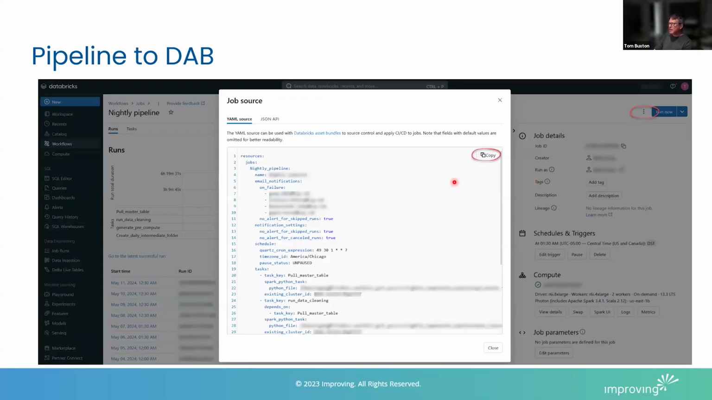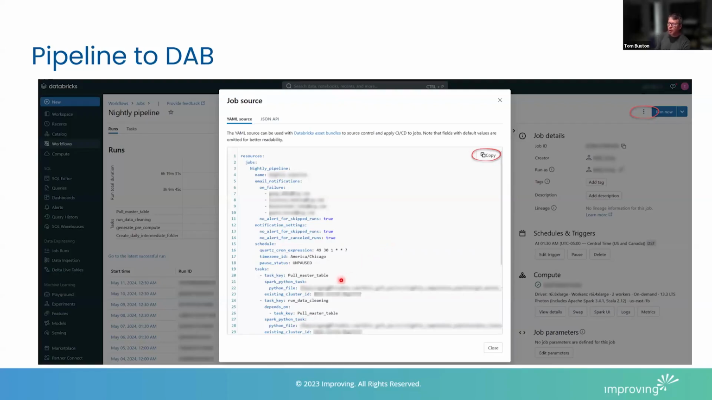Lastly, that all sounds really complicated. How do I know how to build these things? It's actually way simpler than you might think. We can go to our pipeline that we have built manually within our dev environment. We can click on these three little buttons. I think it says show job source or something like that. We can have a YAML view, and now we can take all of this and use it as the source to build our